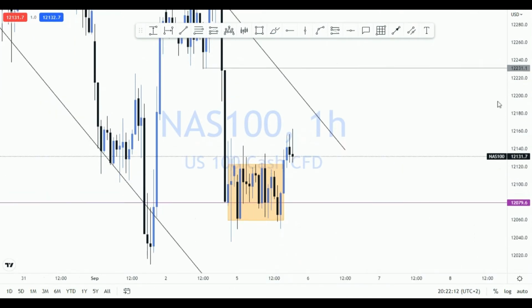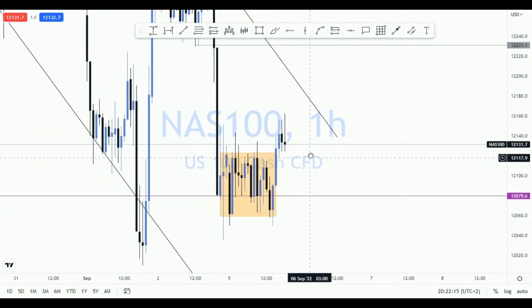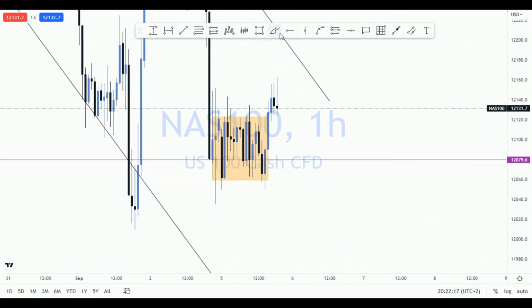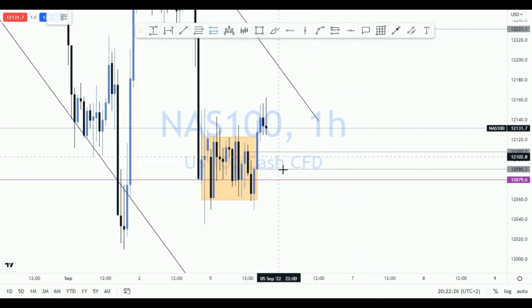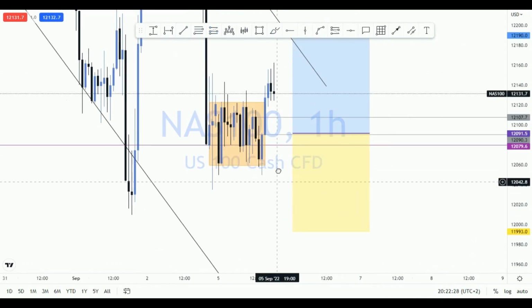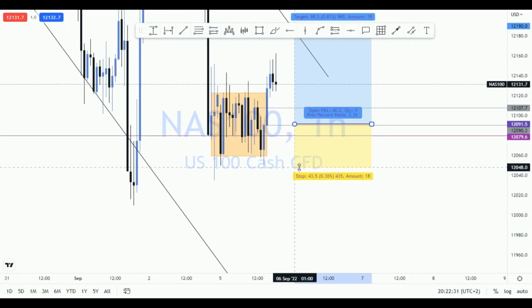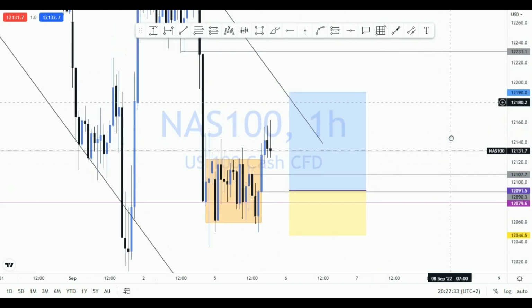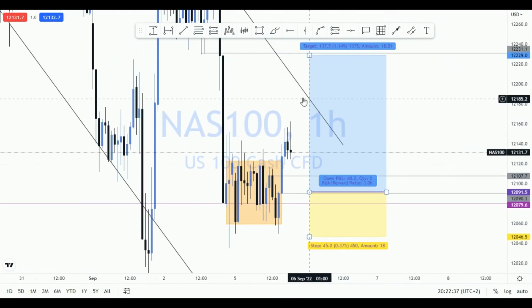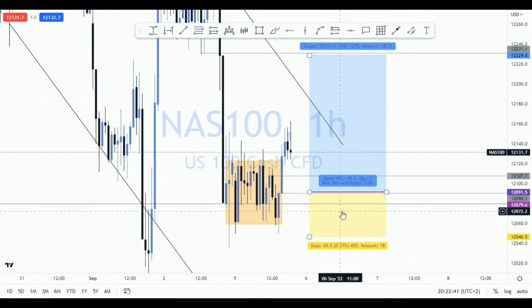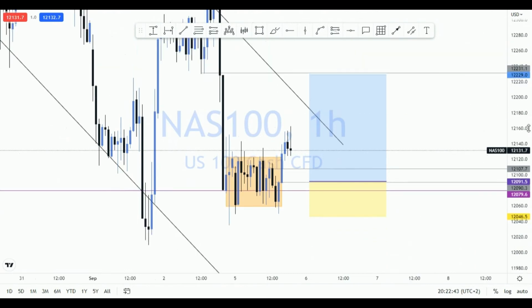So what I'm going to be looking for, because of this candlestick formation right here, is to see if we're not going to retrace back into either this level or this level to take potential long opportunities to the upside, and have my stop just below this low right here to then potentially take a move to the upside into those levels. A risk to reward is 3, so you're risking 45 pips to gain a potential 137